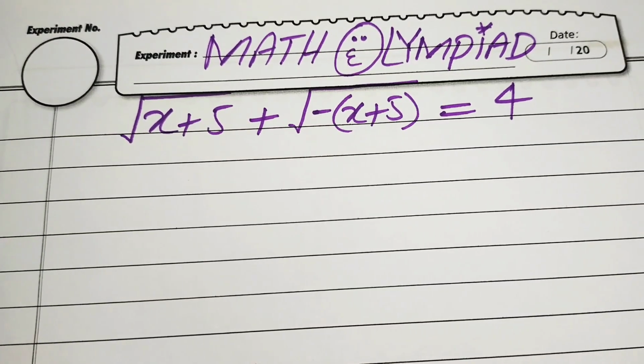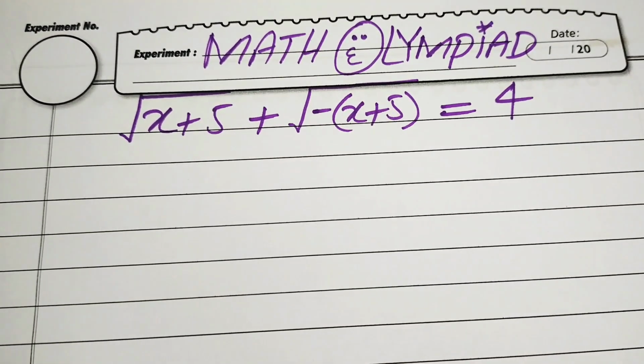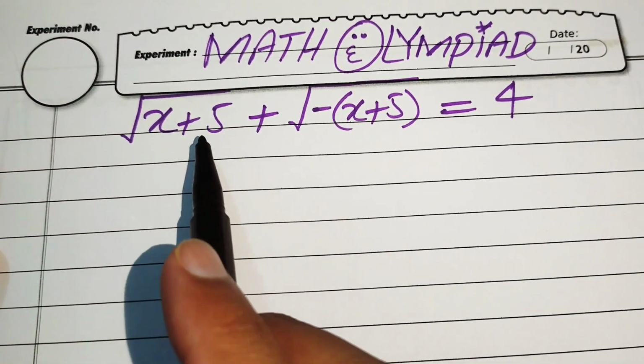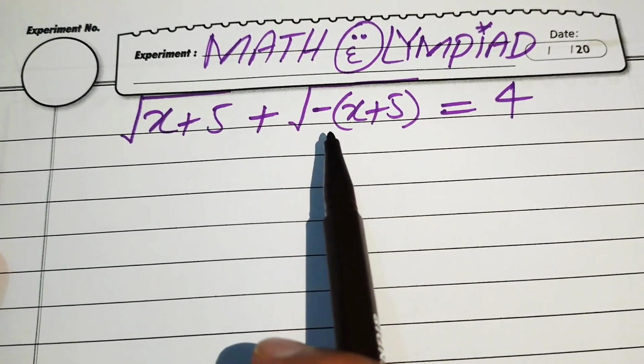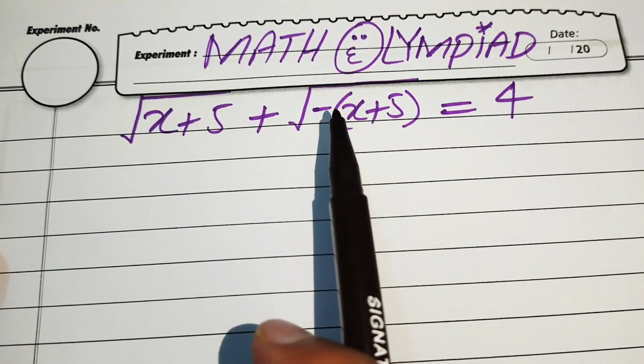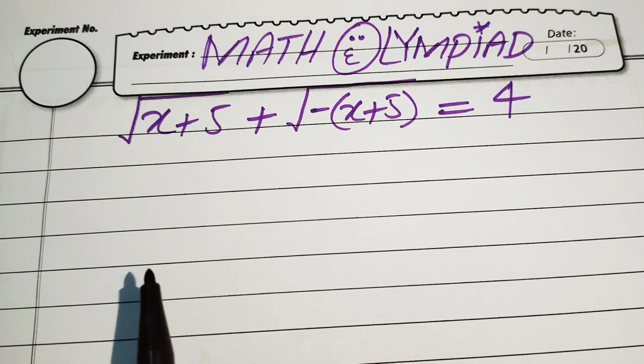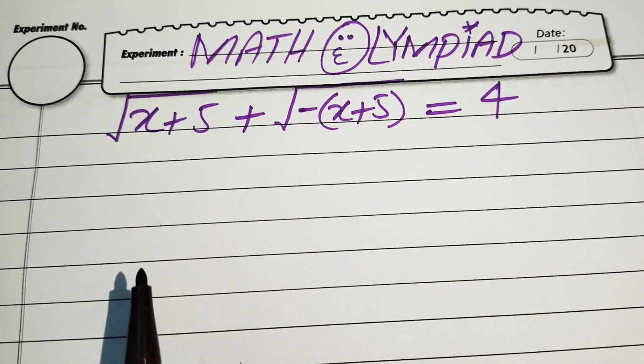Hello everyone, welcome to solve this math Olympiad algebra problem. Here we have square root of x plus 5 plus square root of minus (x plus 5) equals 4, and we solve this problem for the values of